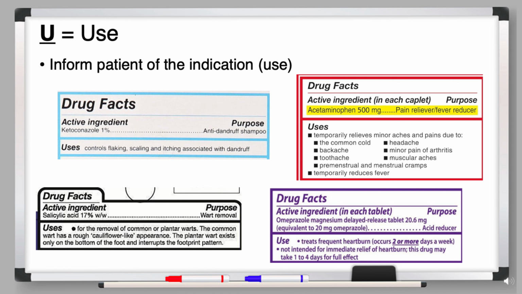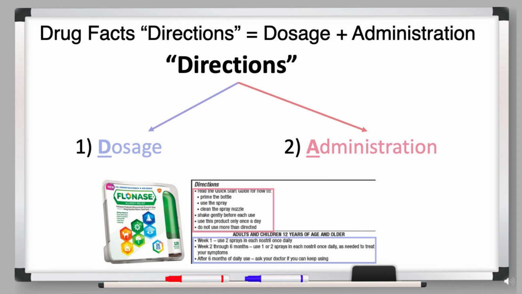So those are examples of how, after describing the name, you're then going to go to the drug facts section and use both the purpose of the medication and its use, and describe that for the patient. So we've completed the N and the U. So the NU, or new, part of NUDAWNS we have discussed. We are now going to discuss the DAWNS,